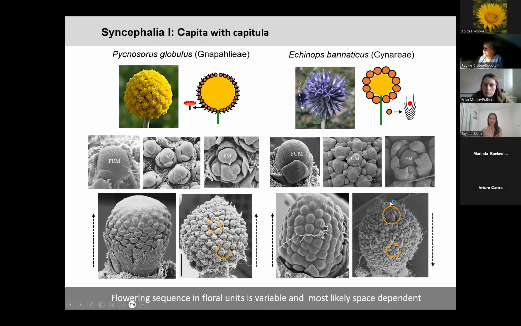And it is assumed that this is due to spatial constraints, that in the apical region there's more space, that the primordia and the meristems are promoted compared to the proximal ones, and that this may be correlated with the basipetal gradient. But this has to be checked with statistical methods in a future study.